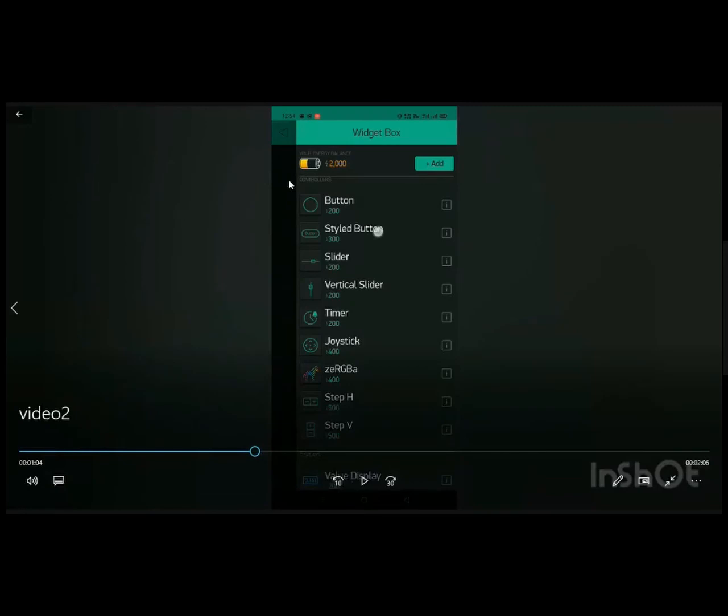Right here, you can see that you have 2000 energy, right? For example, this is like you have 2000 rupees, and if you want to purchase this button, then you have to spend your 200 rupees here. Now in my case, I am using two style buttons, two buttons for communicating with my relays, one button for each relay. So there are multiple options which you can use for the user interface.